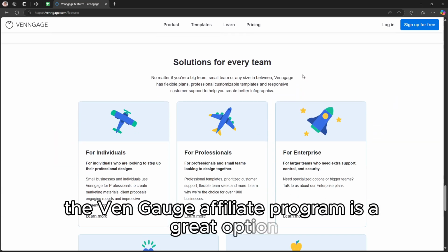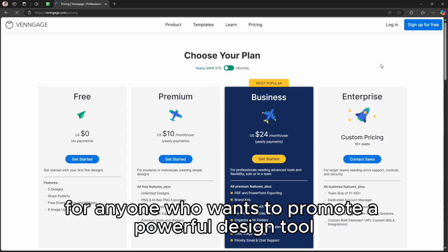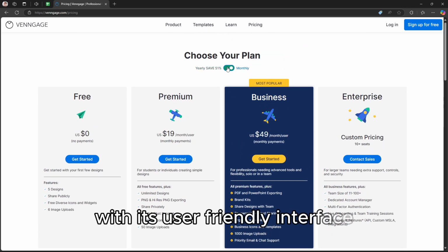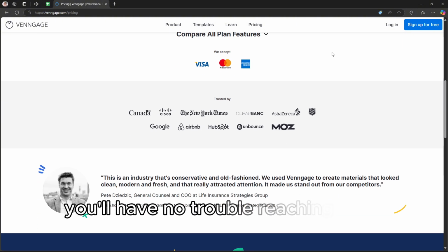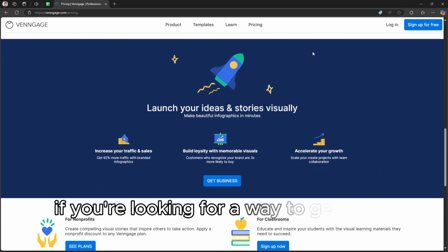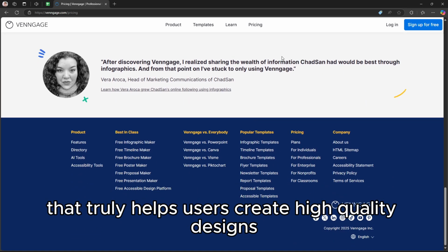Overall, the Venngage Affiliate Program is a great option for anyone who wants to promote a powerful design tool while earning a commission. With its user-friendly interface and wide appeal across various industries, you'll have no trouble reaching your target audience. If you're looking for a way to generate income by recommending a tool that truly helps users create high-quality designs, this is the